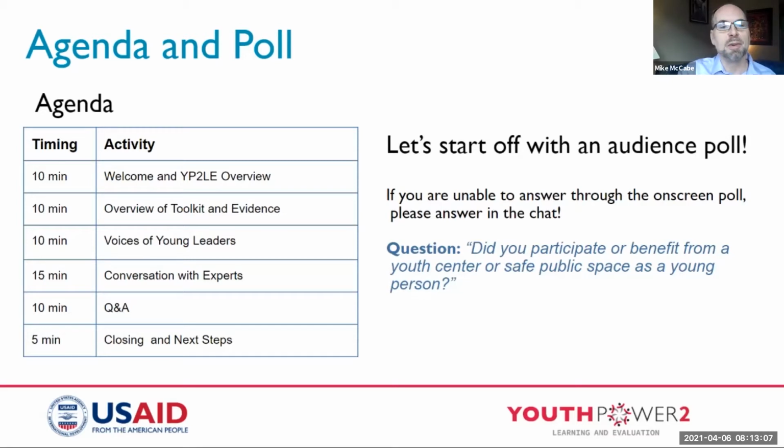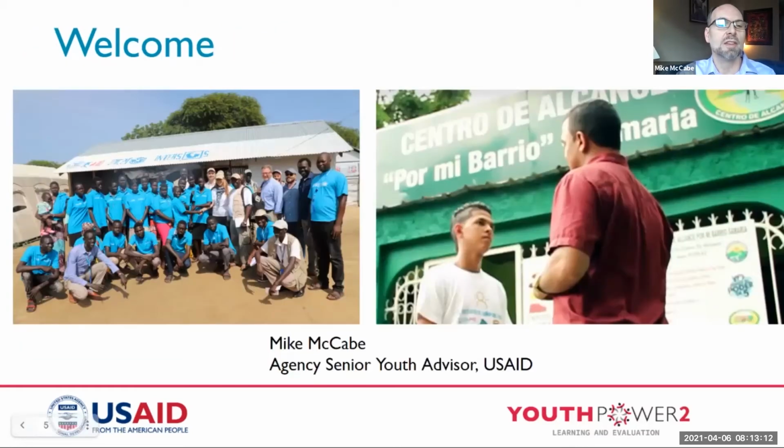And the reason I bring that up, and Cole, if you wouldn't mind going back one slide, there we go. The pictures at the opening there, one of the big takeaways that we got from developing this online toolkit was that it's not about the hardware, it's about the software. And what we mean by that is the picture on the left there is in Bor, South Sudan. And that is a youth center program off to the left that was run out of a tent in a displaced persons camp in Bor in South Sudan.